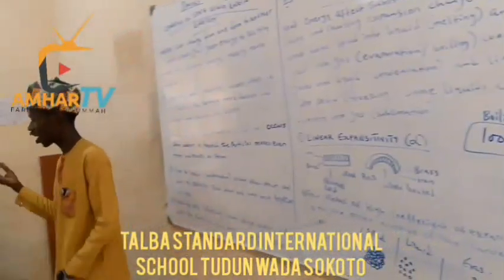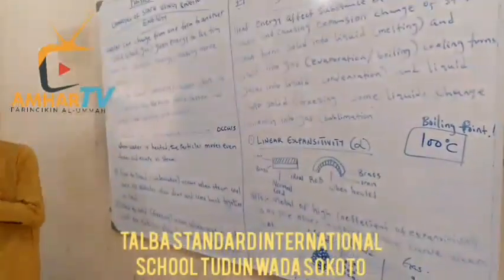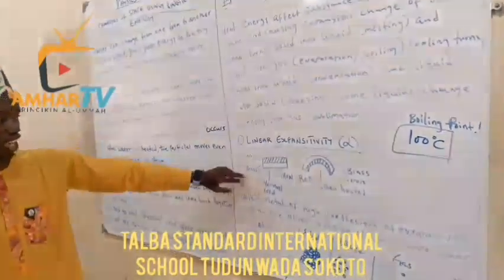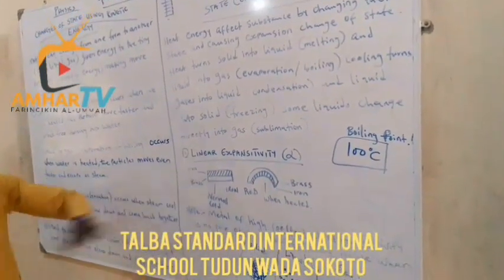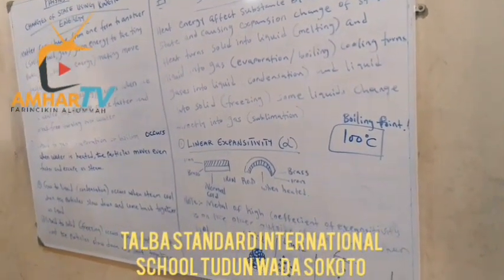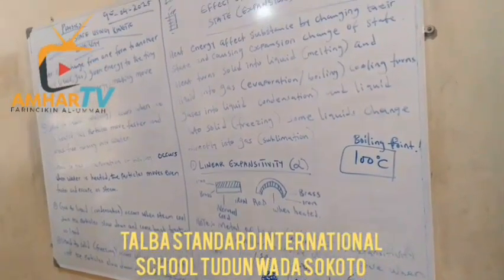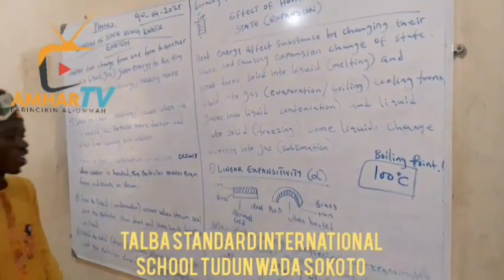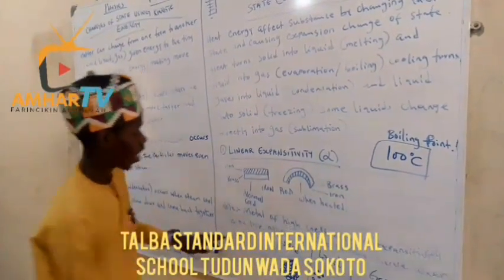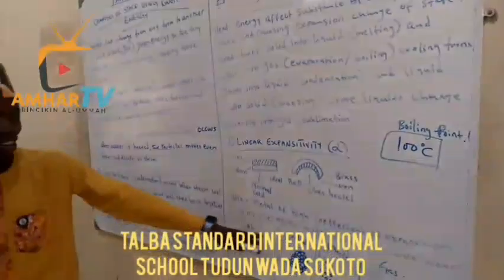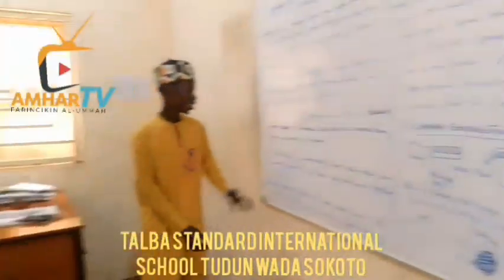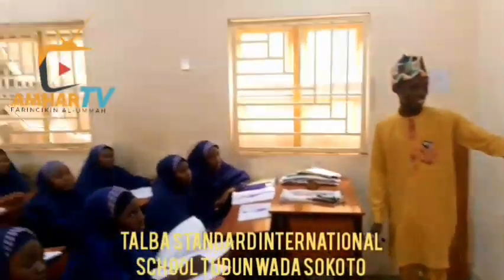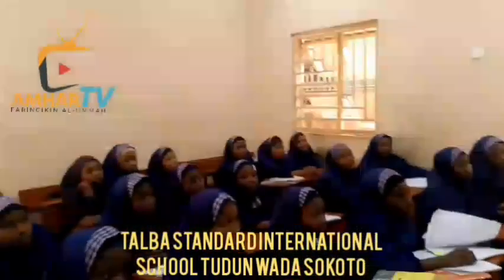If you say I have a rod here, I will give you an example on it. You will see there is an iron side and a brass side. Both sides will bend like this, and there will be expansivity. The side with the higher coefficient of expansivity is on the outside of the cup. So, for this one, changing gas to liquid.